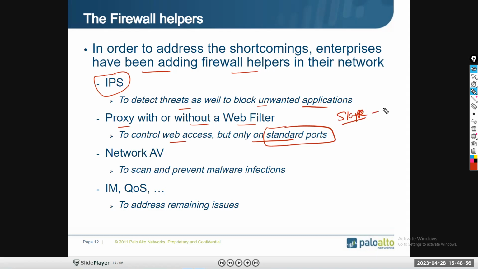Skype, we have a separate port. I didn't remember the port number for Skype. Only that can be blocked. Okay. So I think yesterday I told you about, okay, suppose you are using the